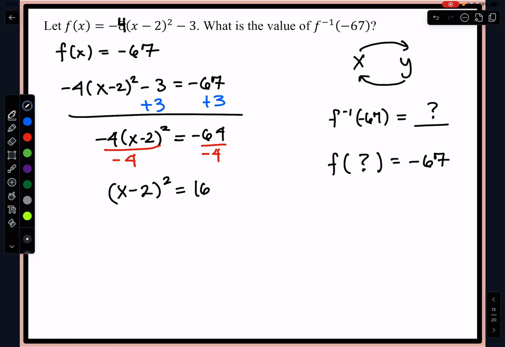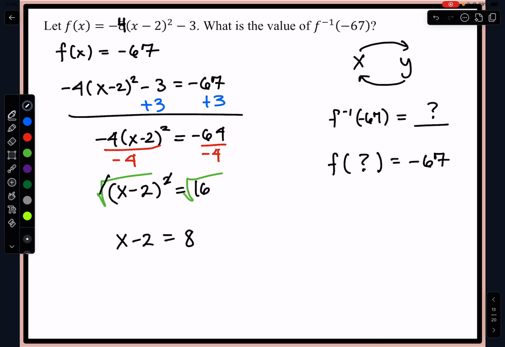And before I can add the 2, I need to get rid of that exponent. To get rid of that exponent, we will take the roots, so the square root of both sides. So x minus 2, the parentheses and the square root cancel themselves out. And the square root of 16 will be